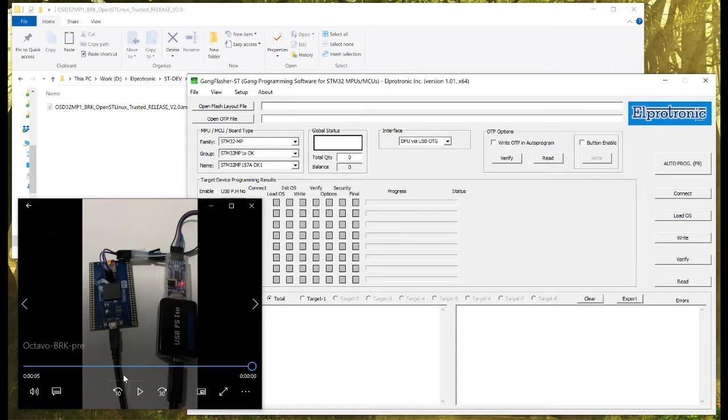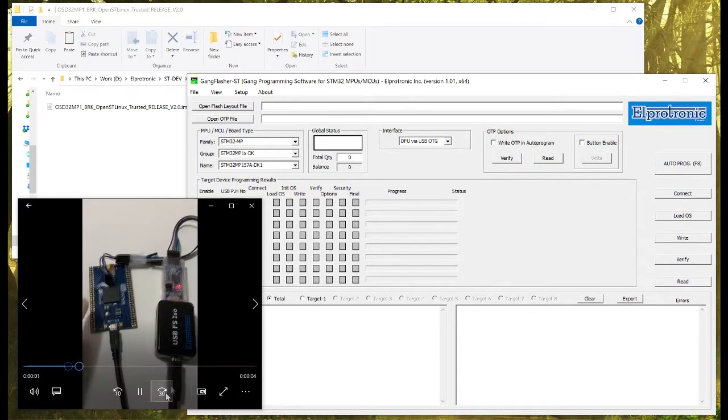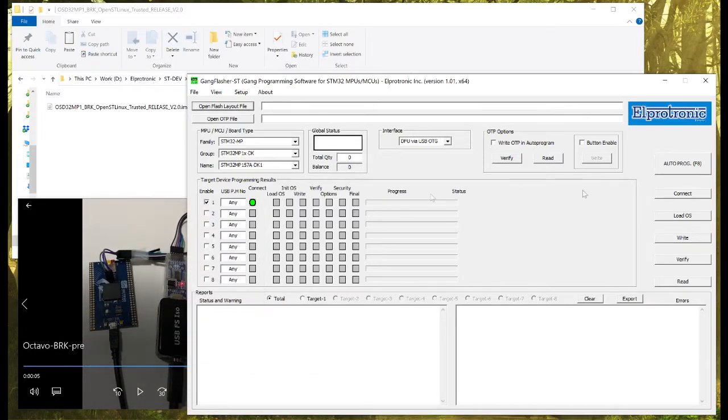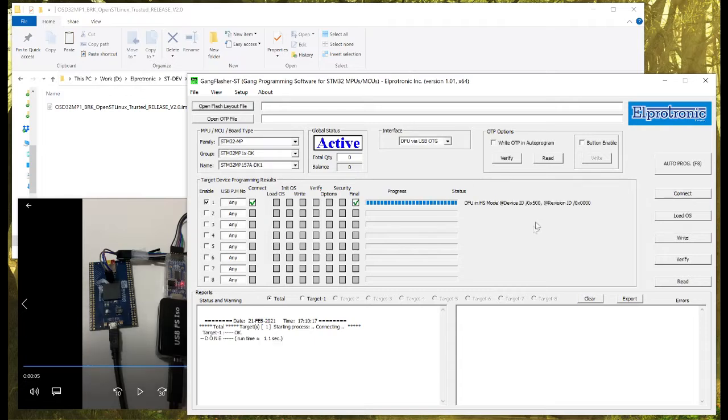So we have the Octavo board on the left. We put all the pins to the rightmost position so that the DFU will boot up. And we've also connected a UART connection here that will show up as a COM port so we can actually have access to this board over TeraTerm. Now, on the right, you have the GangFlasher-ST software, and you'll see that the DFU is showing up